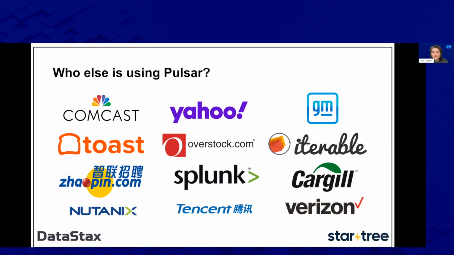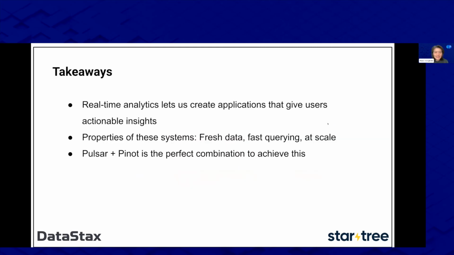Yeah, and then just to summarize, hopefully you've seen these. In this case, the example user might be someone who's interested in wiki moderation. Hey, what is going on on the wiki? That would be the user, and so we can build applications where we can see exactly what's happening in real time. The main thing is we've got to have fresh data and fast querying at scale, and Pulsar and Pinot, as you've seen, hopefully you agree, are a pretty good combination for doing this.